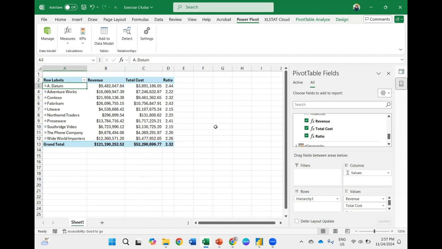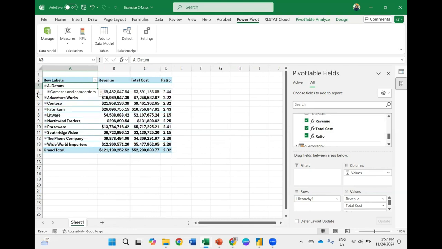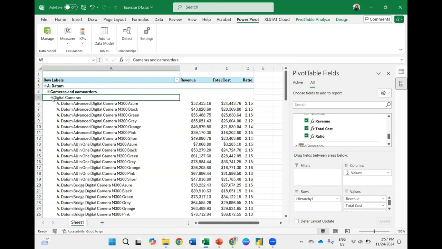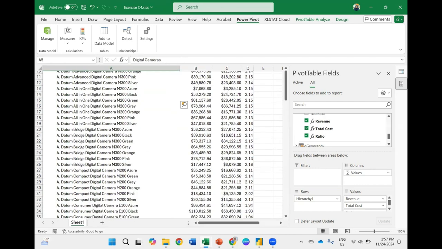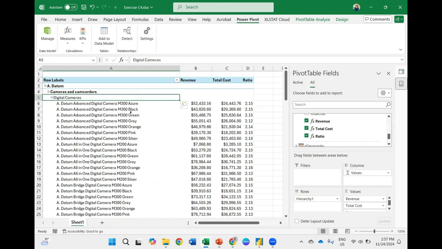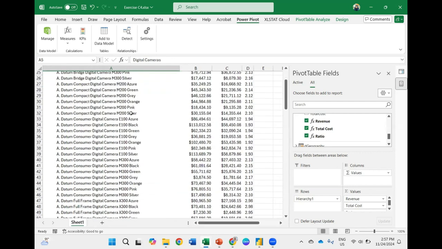Okay, so you just add one measure, but you can use it for multiple layers. You can see based on the brand, category, subcategory, product name, it will automatically calculate based on the levels that you select.